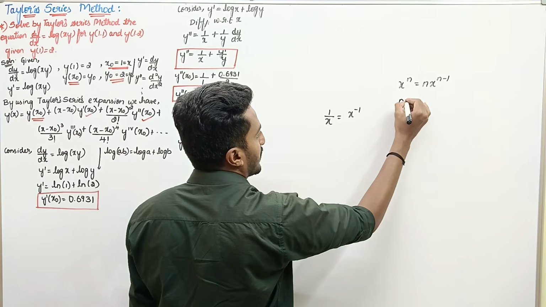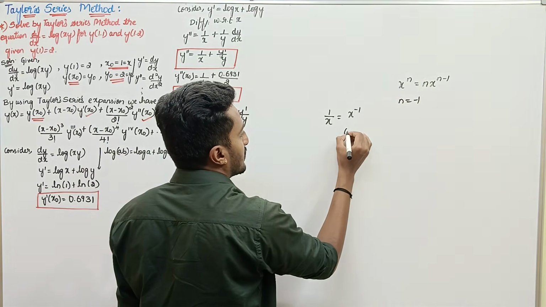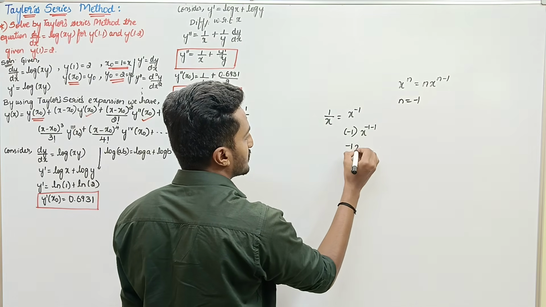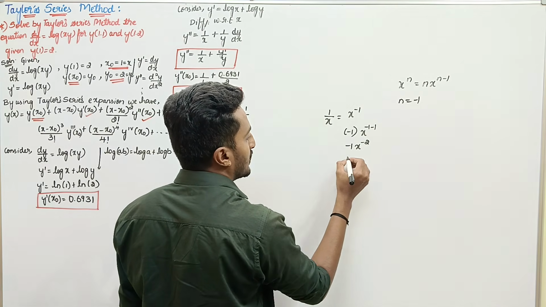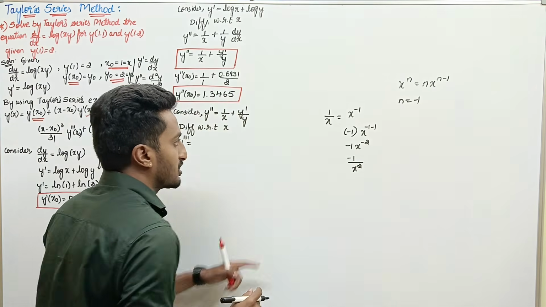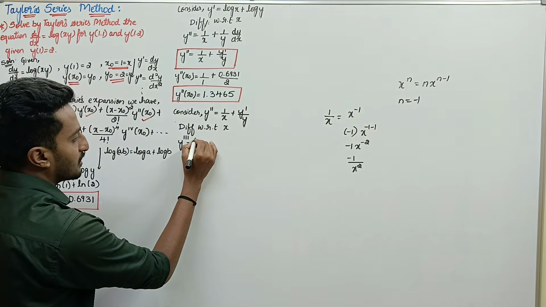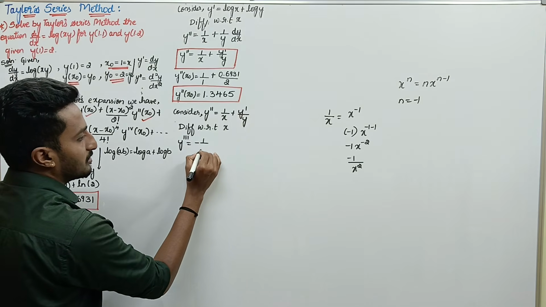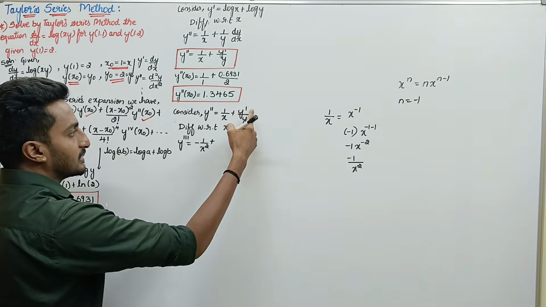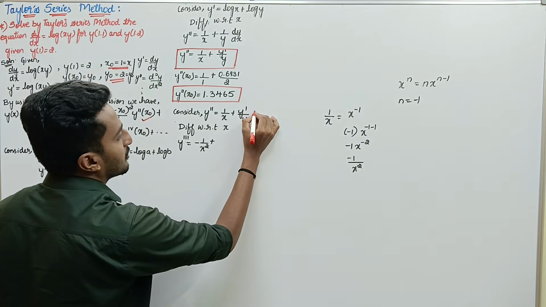In place of n, we have minus 1. Just replace: minus 1 x to the power of minus 1 minus 1, minus 1 into x to the power of minus 2, minus 1 whole divided by x square. Differentiation of 1 by x is minus 1 by x square plus,